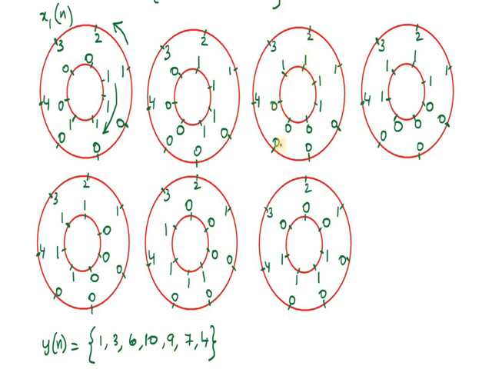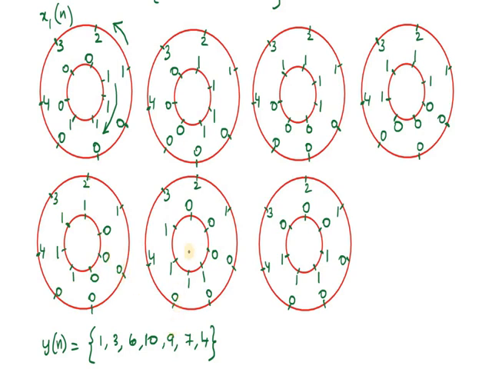In the next step, 1 into 1 plus 1 into 2 plus 1 into 3 plus 4 into 0 plus 0 into 0 plus 0 into 0 plus 1 into 0. So we get 6 here. In the next step, 1 into 1 plus 1 into 2 plus 1 into 3 plus 1 into 4 plus 0 into 0 plus 0 into 0 plus 0 into 0. So we get 10. In the next step, 1 into 0 plus 1 into 2 plus 3 into 1 plus 4 into 1 plus 1 into 0 plus 0 into 0 plus 0 into 0.